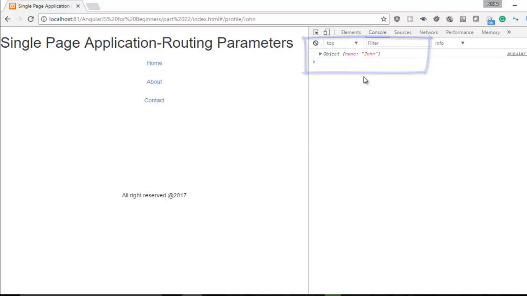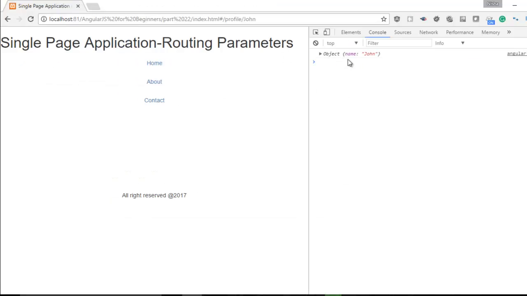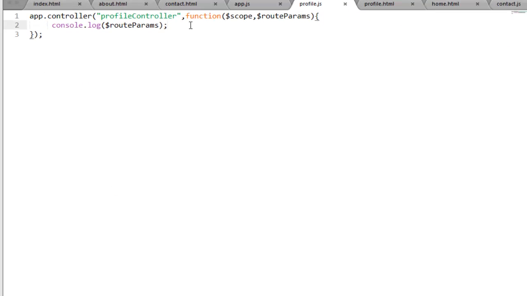Now I just want to retrieve the name, so you can access routeParams dot the name that you have. So now you can say I have one scope property, I'm giving it the name profileUser, and I can retrieve the name from routeParams with the help of routeParams.name. So now you have that user which is coming from the route, and you have stored that user in profileUser on the scope object.